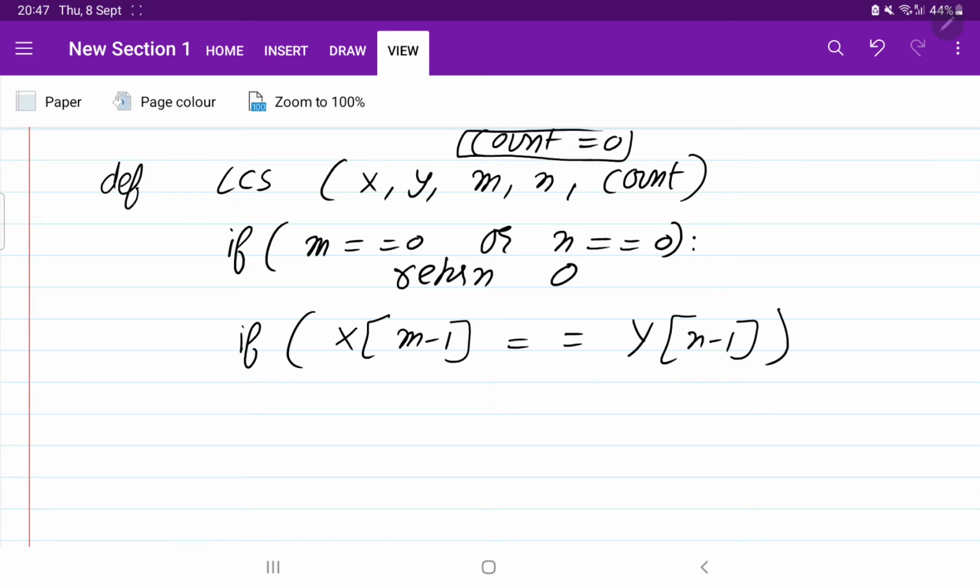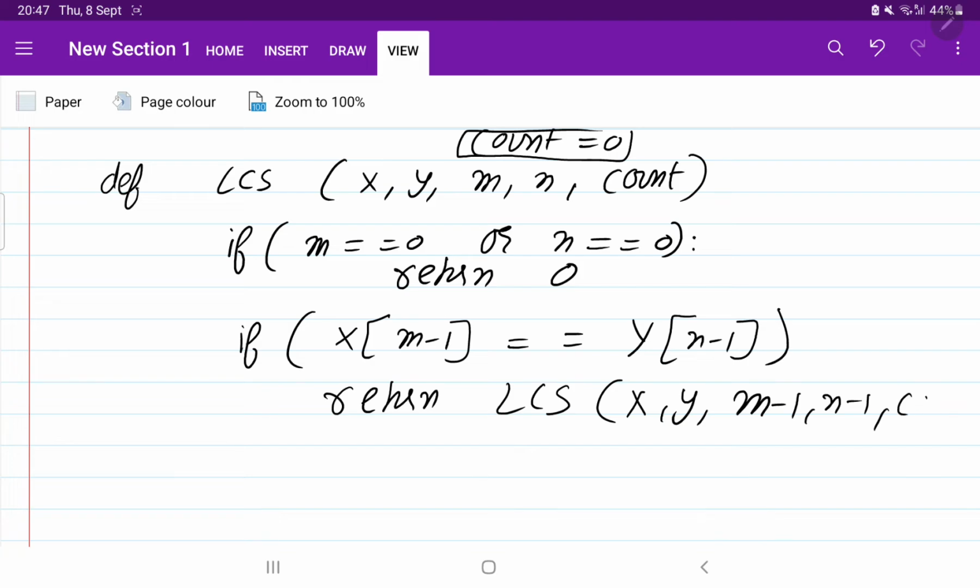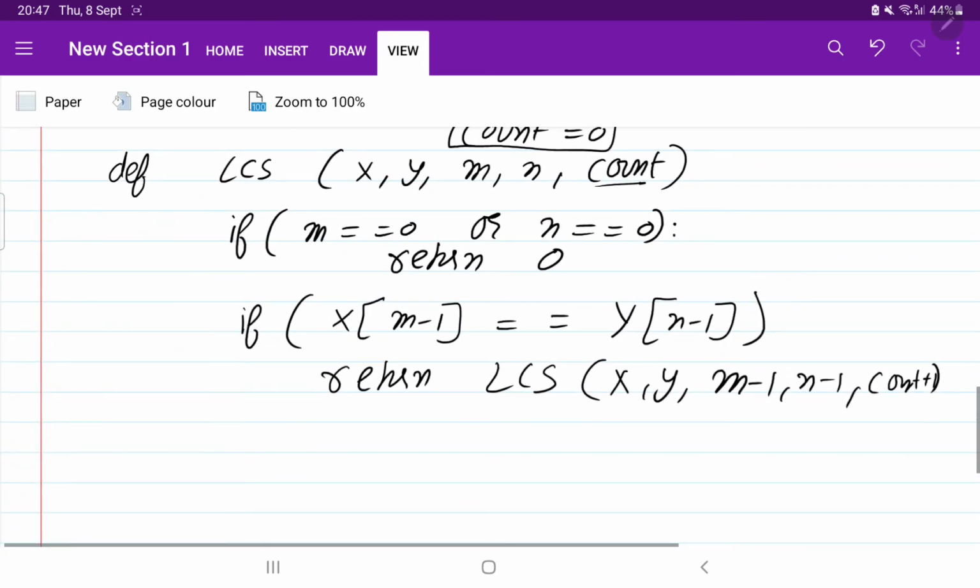So now we are going to call the LCS function again. This time the strings are the same, but the size is decreased by 1 and the count is increased by 1, because earlier it was 0, now the count is increased by 1. Okay, this is done, correct?